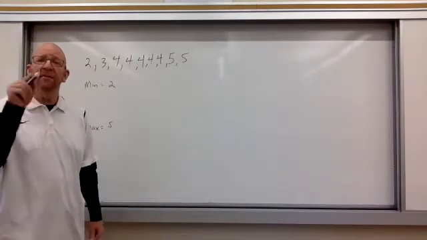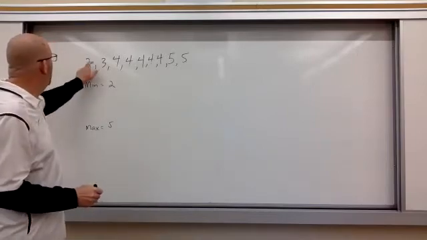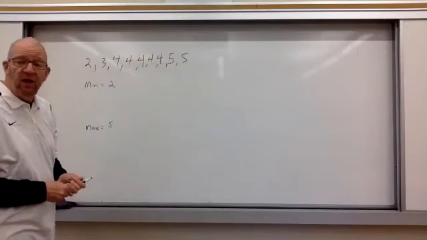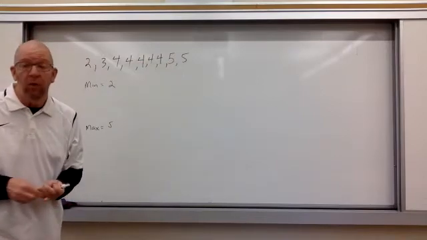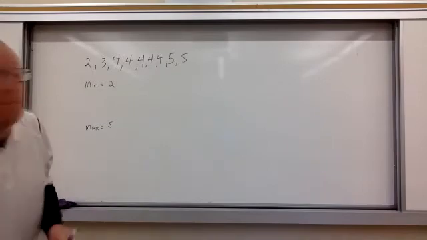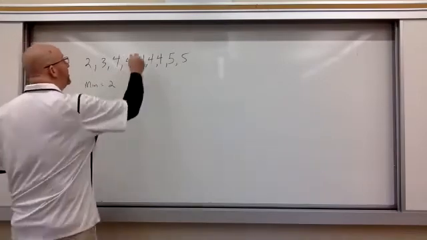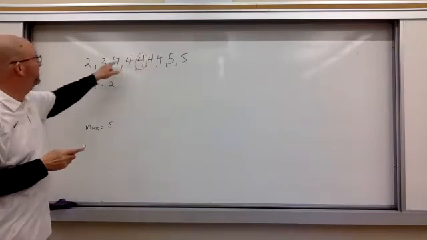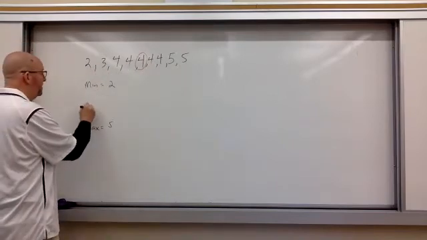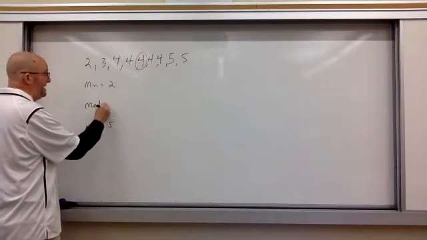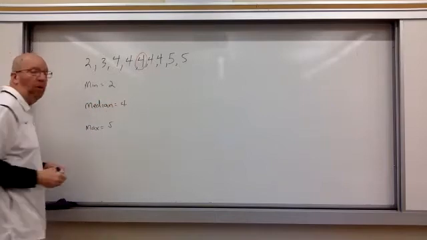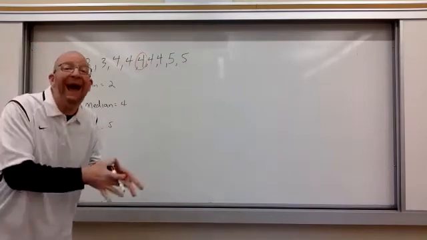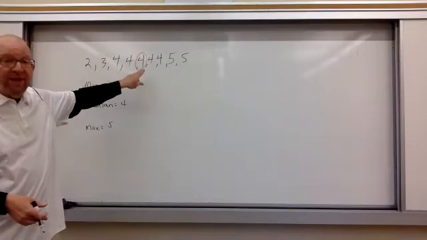The median is the middle number. So here I've got 1, 2, 3, 4, 5, 6, 7, 8, 9 data points. So the middle number will be the 5th value. And the 5th value here, of course, is 4. That's our middle number because there's 4 on either side. So that will be our median. Median is 4. The first quartile is the median of the lower half, but because with an odd number of